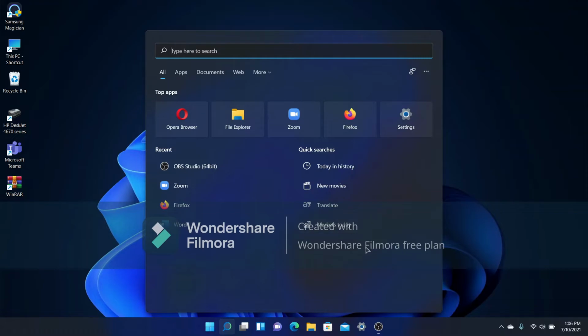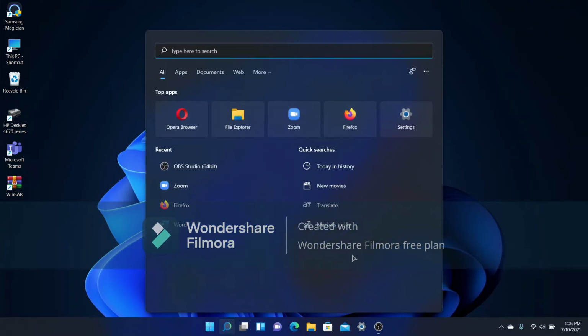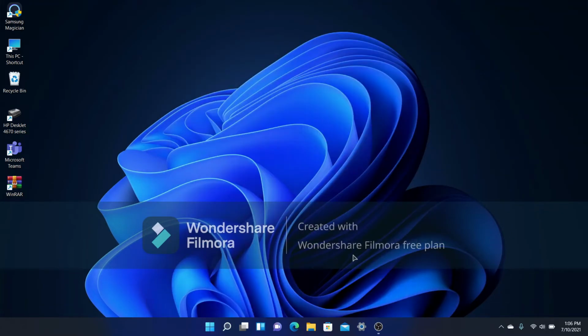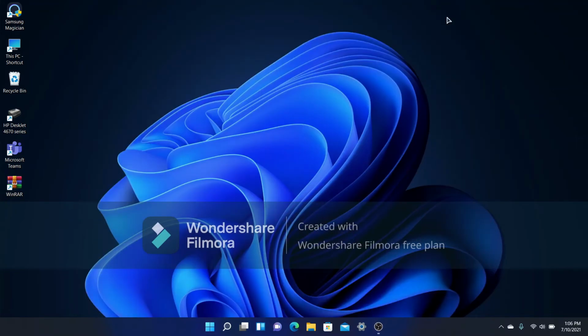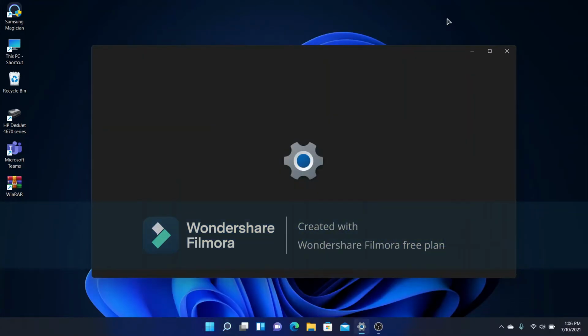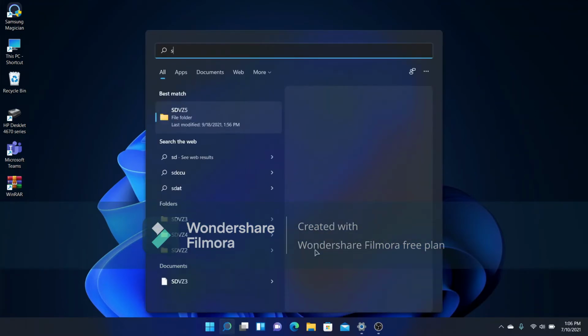And the other thing is, this has been a bug since Windows 10, I think. As you can see, my mouse is in the middle of the screen. I'm going to open the search box, and as you can see, nothing happened. It's perfectly there. But if you do something else, like open up OBS, then close OBS, maybe go to settings or something, minimize those windows, and now bring your mouse down, wait a few seconds, press the Windows key and start searching. Okay,